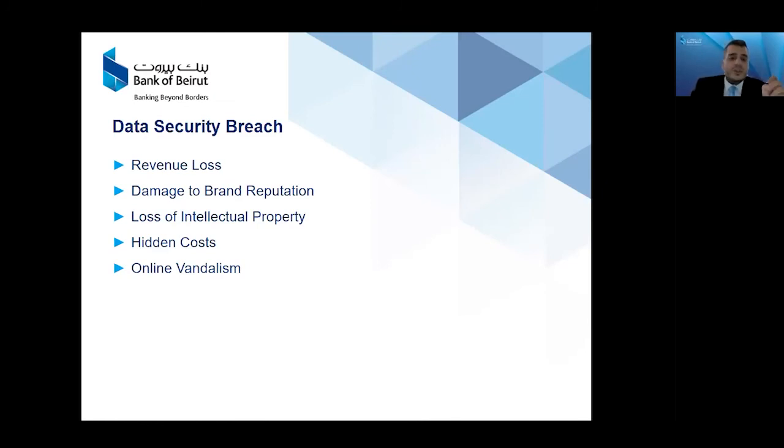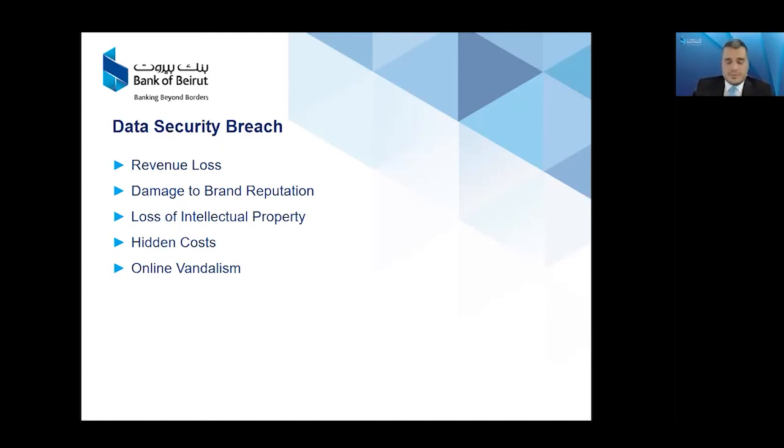The third point هو loss of intellectual property. So بس يصير في breach ممكن كثير هاكرز يحصلوا على target designs، على strategies معينة اللي هي تكون من مثلا management strategies، يمكن يحصلوا على blueprints for example، يحصلوا على ما بعرف شيء خاصه ب head office بده يتعمر جديد، فهذا كله loss of intellectual property.